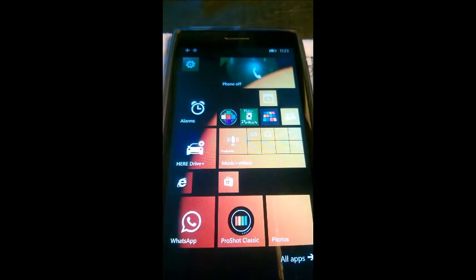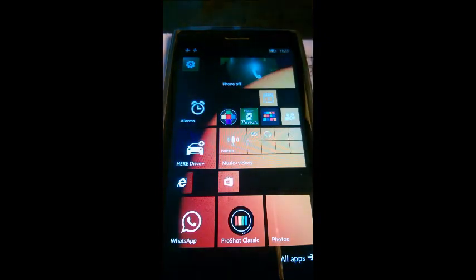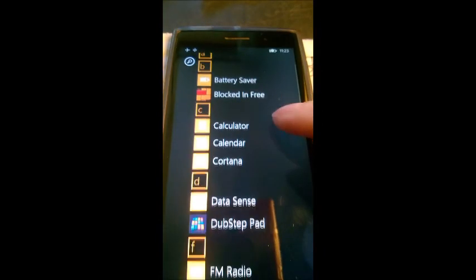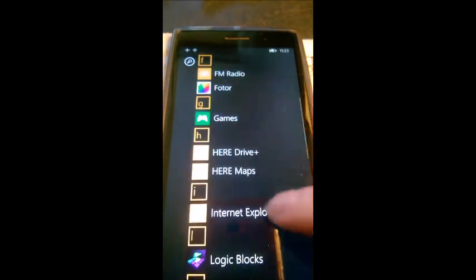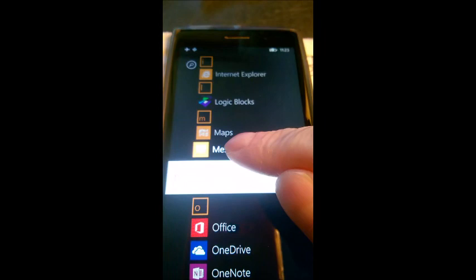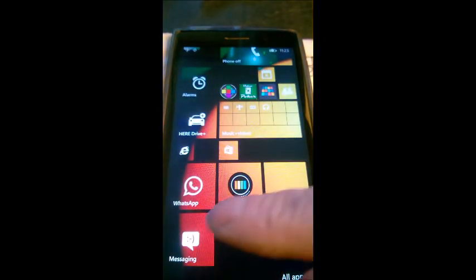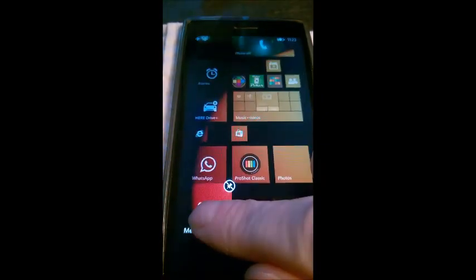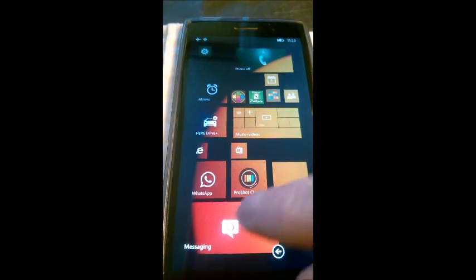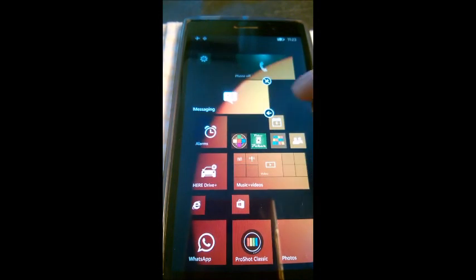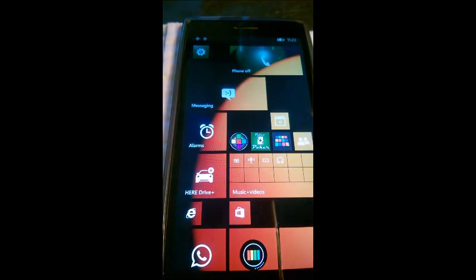Now, another thing is how to put back an item here, or any item. Let's try to put the text SMS. We have all apps and SMS. And by the way, this phone doesn't have a SIM card. SMS is going to be messaging. You just keep your finger down and pin to start. And the messaging will be brought here at the bottom in this instance. And then you simply keep your finger on it and then go with that small tapping. I don't even remember how this was in place. That's it. Basically, you can do that.